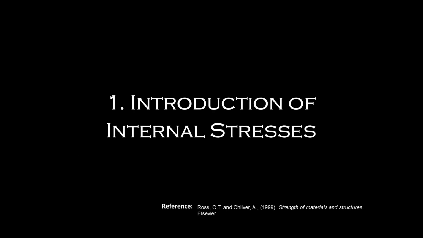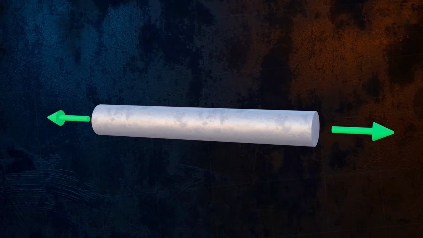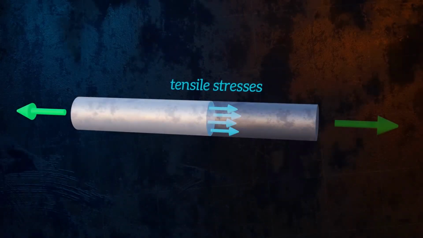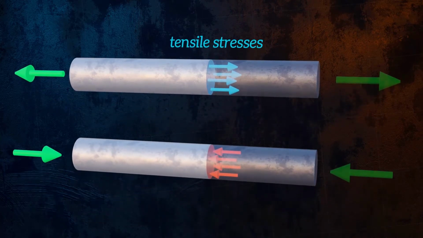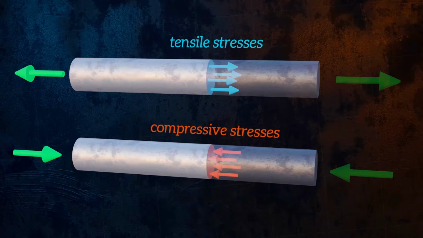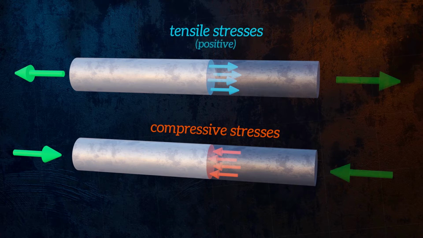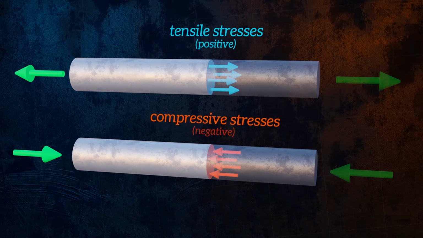The strength of a material, whatever its nature, is defined by the internal stresses or intensities of force in the material. We will explore a loaded bar. Here we have a solid metal bar that is loaded by two equal but opposite forces. In this case, the stress is tensile because the forces are stretching the bar. If the forces were trying to shorten the bar, we would have a compressive stress. The sign convention that is normally used is that tensile stresses are positive values.